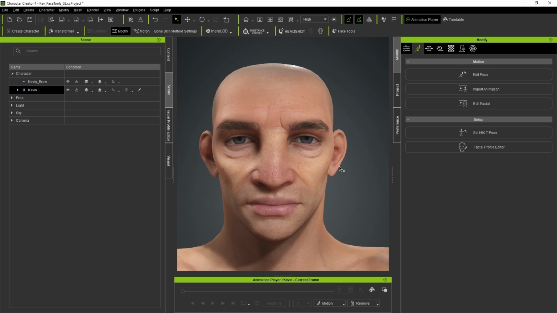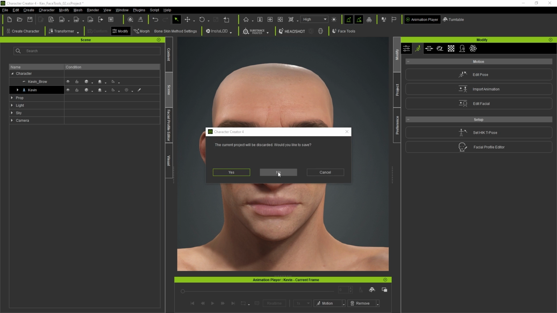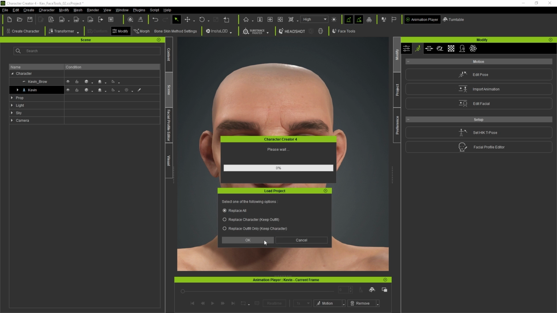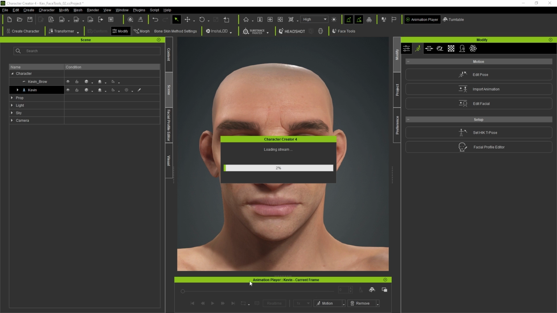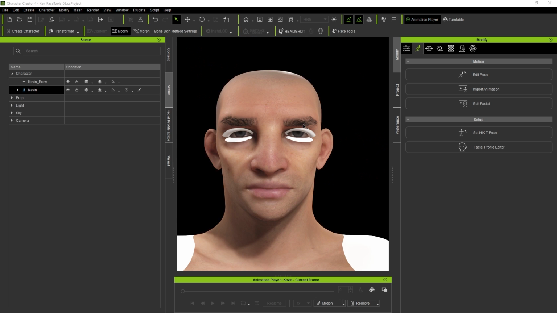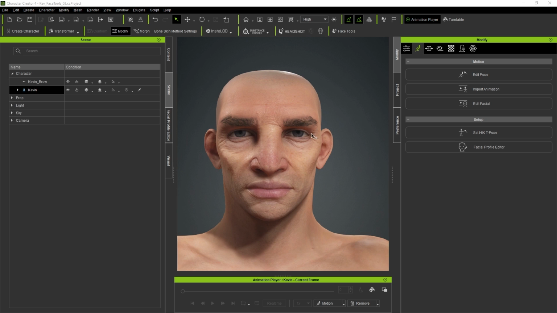So to wrap up this video, as you can see, it is a very simple process, just a repetitive action of adding details, and you can use custom brushes or the ones that come with ZBrush. But like I said, to wrap up this video, I want to show you the end result. So I'm going to go ahead and load up the project that has all the proper sculpting that I did. So let me just load this up as a new step. And you'll get this pop-up if you're replacing an entire project. I'm gonna replace everything. So it is basically the same character. I just spent a little bit more time. Like I said, very repetitive action, but I spent more time tweaking the details.